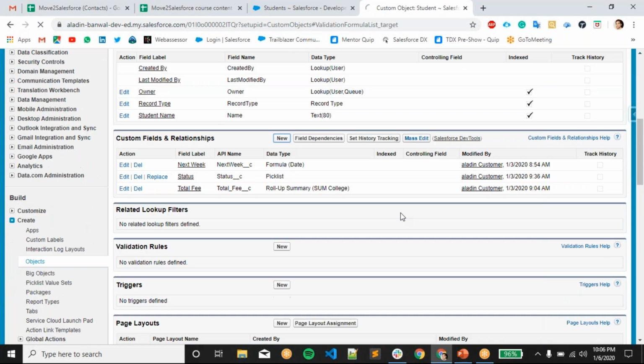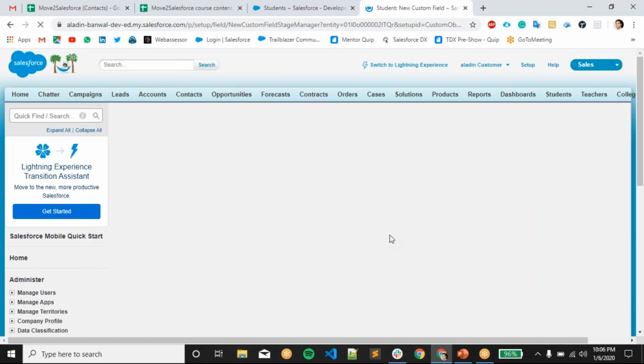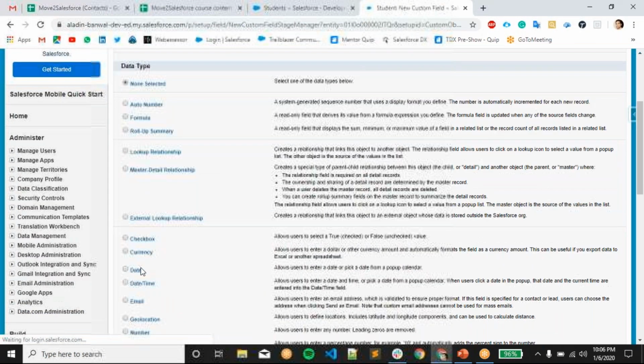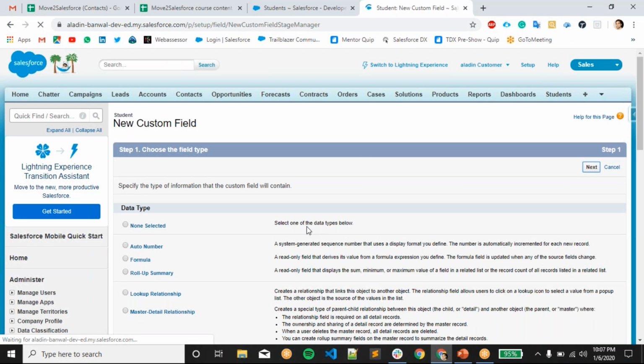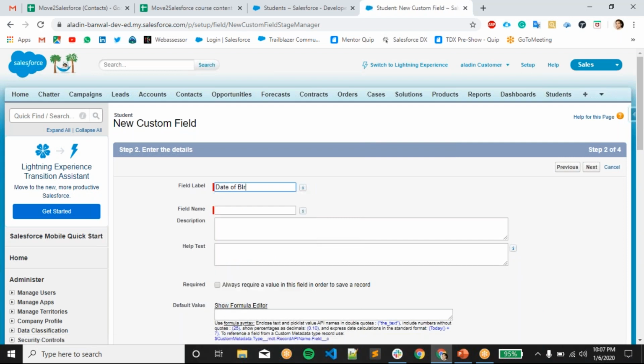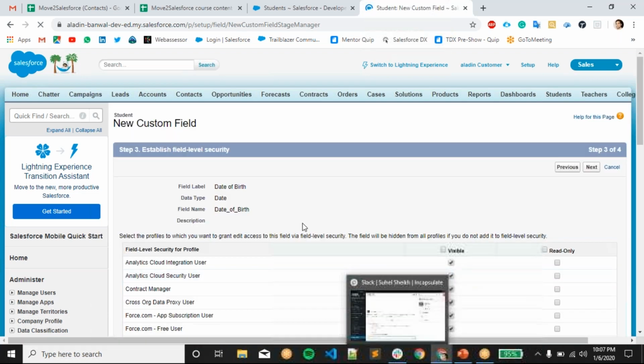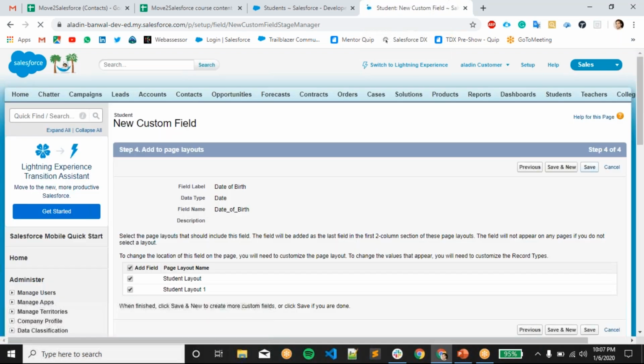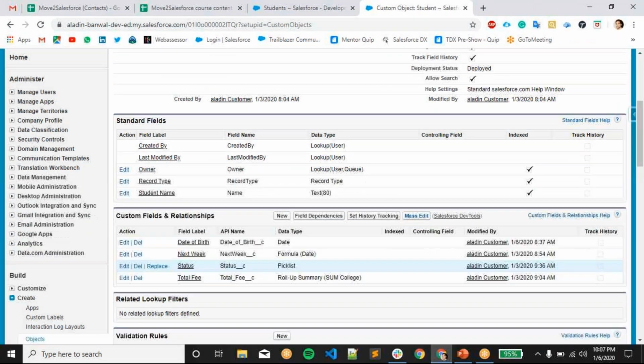Let me create a field, date of birth. So I have created this field date of birth in the student object.